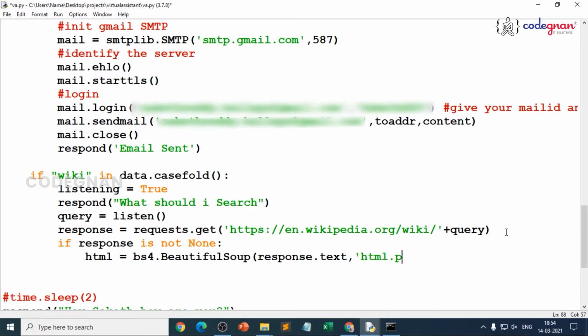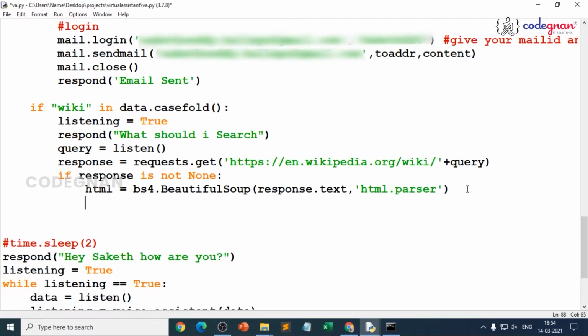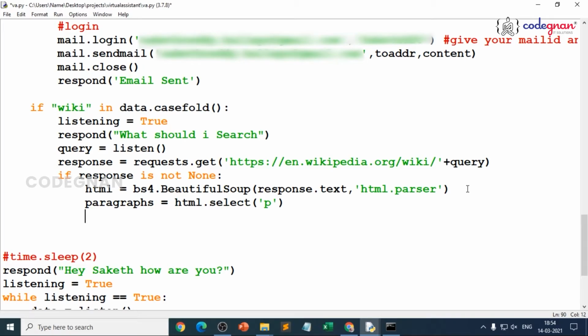That is html.parser for parsing the web page, because this is the basic function. You get the response in text format and parse the particular web page. That's it. And you read paragraph by paragraph, right? Because the web pages are in the tags. So you just make sure paragraphs is equal to html dot select of the p tag. P tag is for paragraph tag, right? So I'm just selecting only paragraphs, and I want to see entire information in my browser, in my shell.